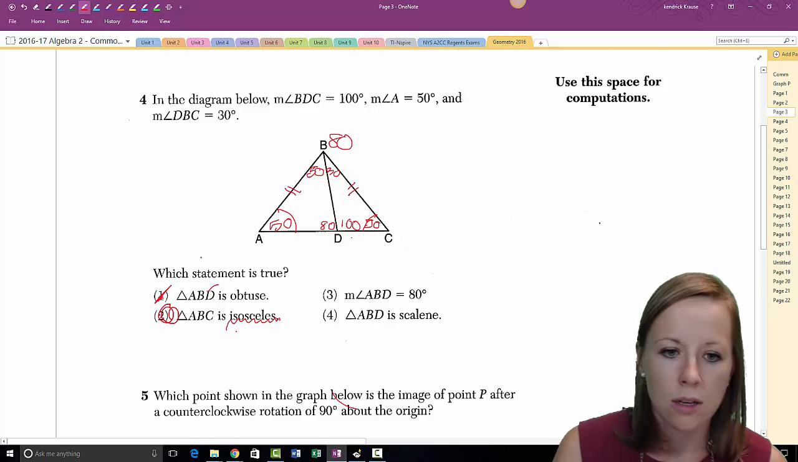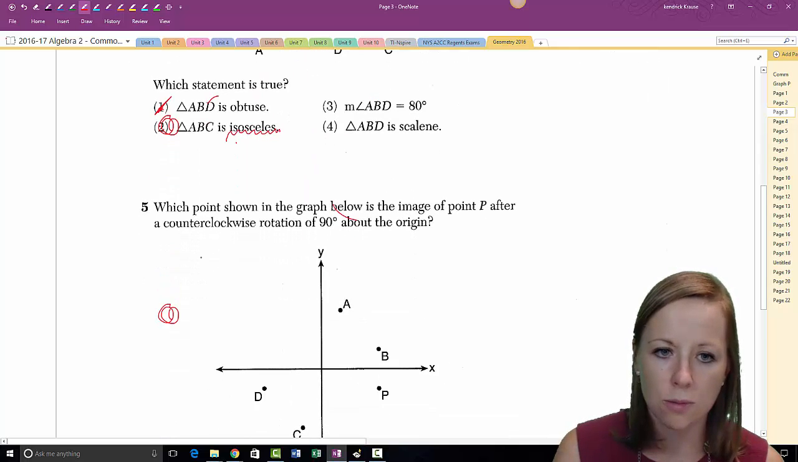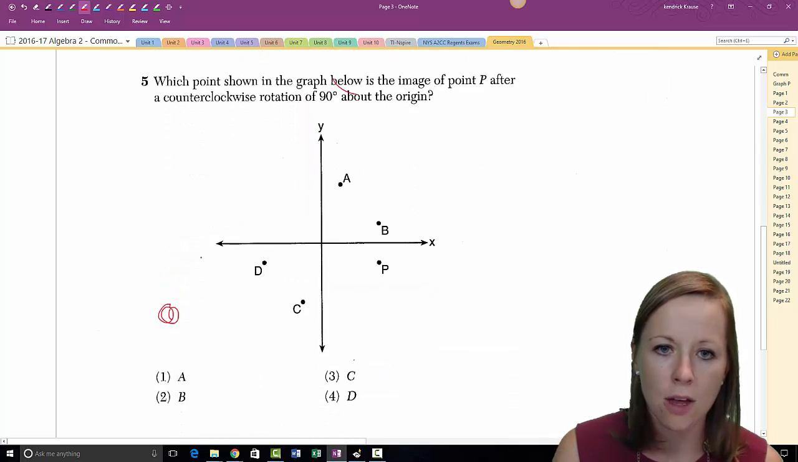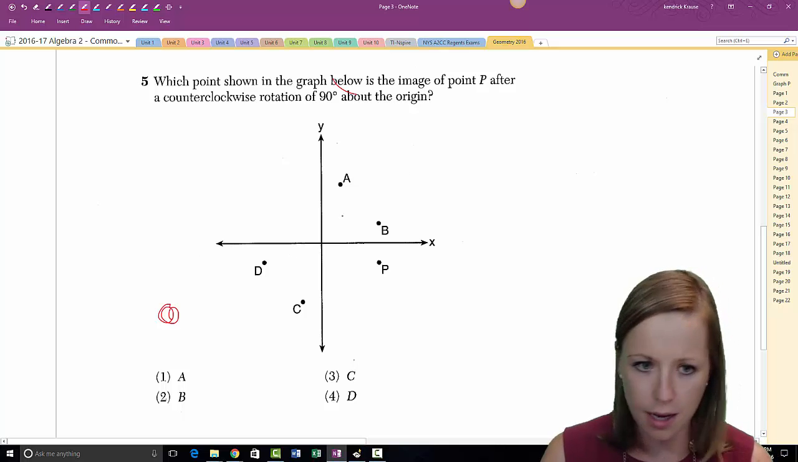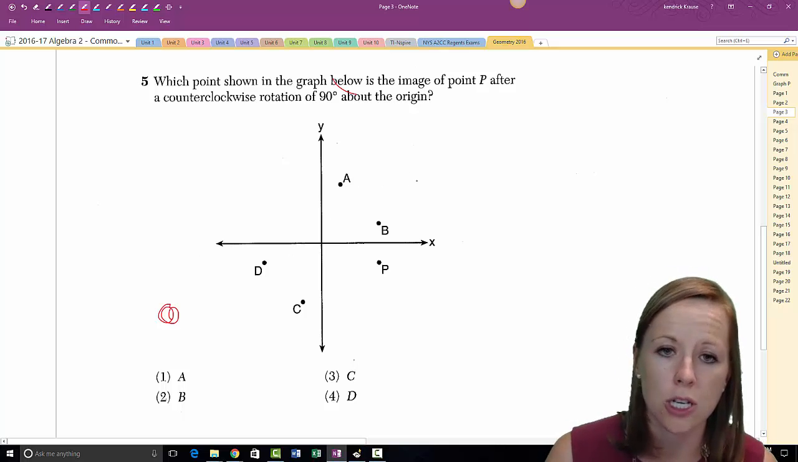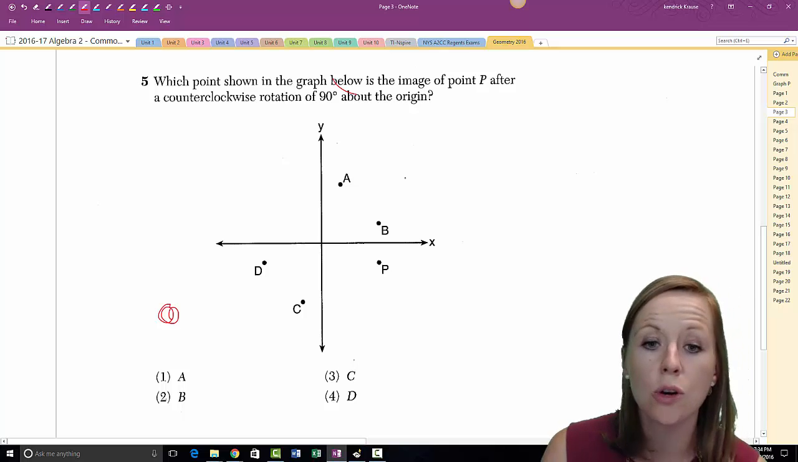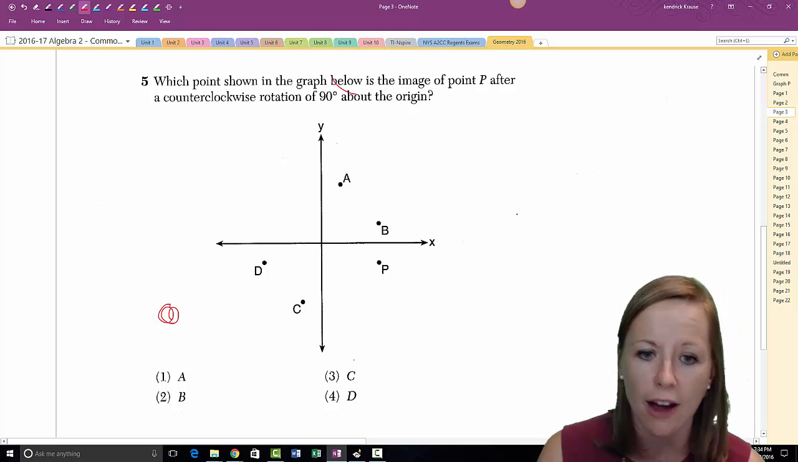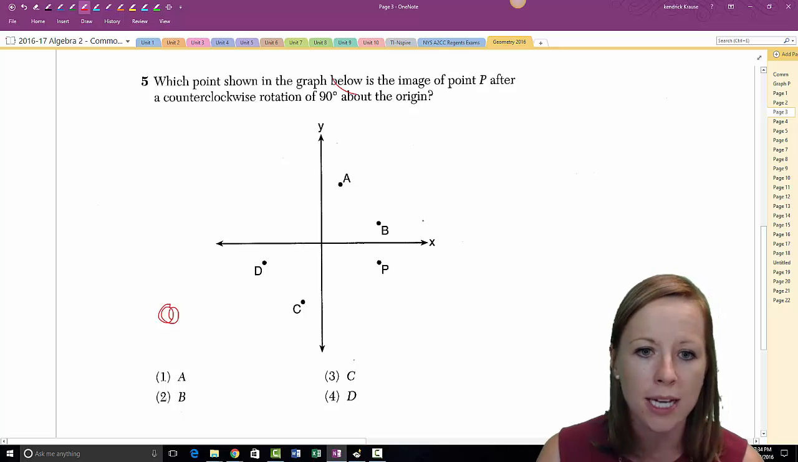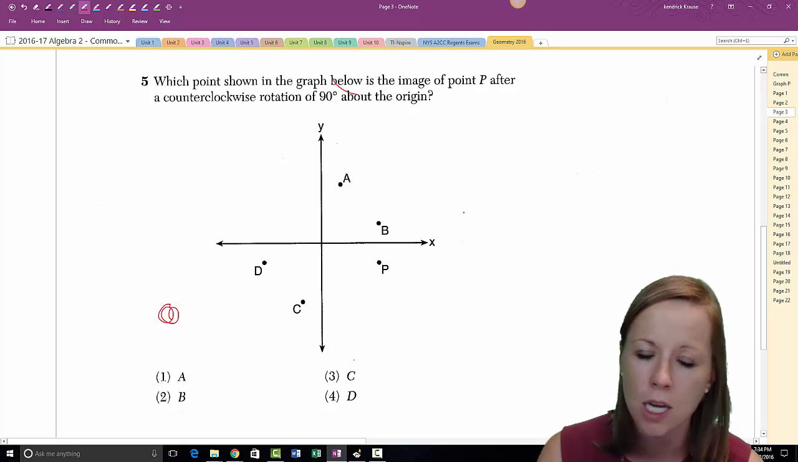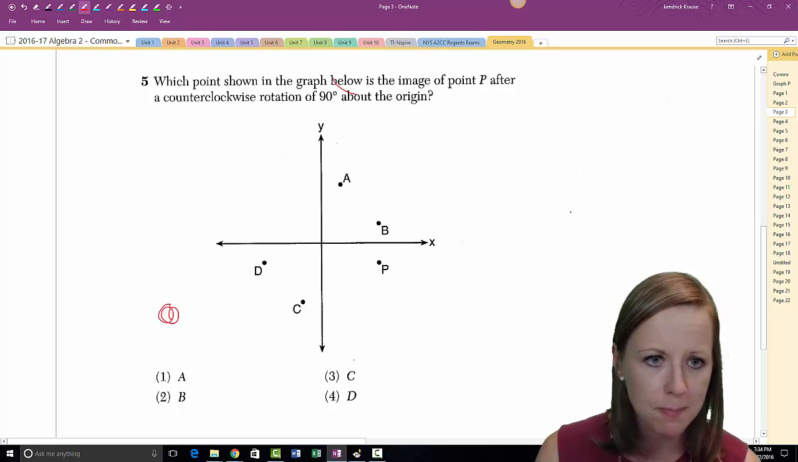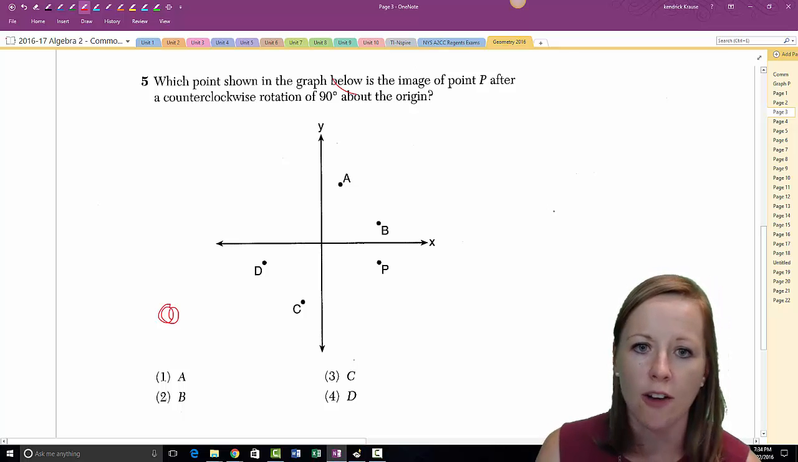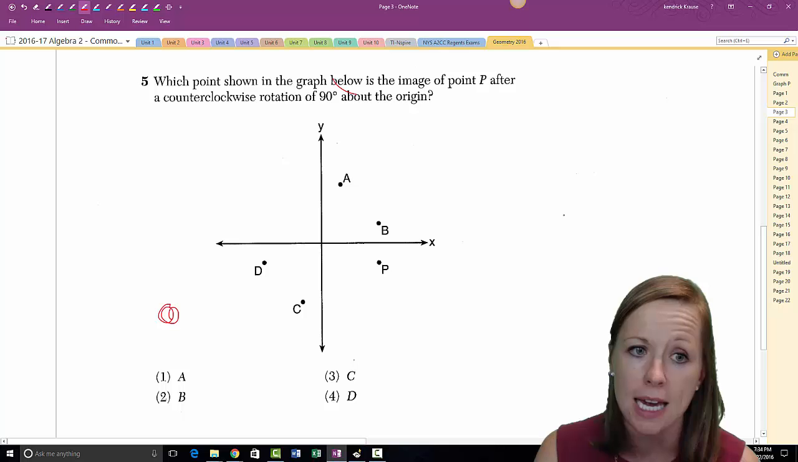Okay? That definition of isosceles is pretty important to your life. I actually saw some kiddos get stuck on this question, and it's actually a pretty easy question. You could also use your graph paper. I'm not going to show you on the graph paper, but if you plot a couple of points and just turn the paper and write down the coordinates, you would get it perfect anyway. It asks which point shown on the graph below is the image of point P after a counterclockwise rotation